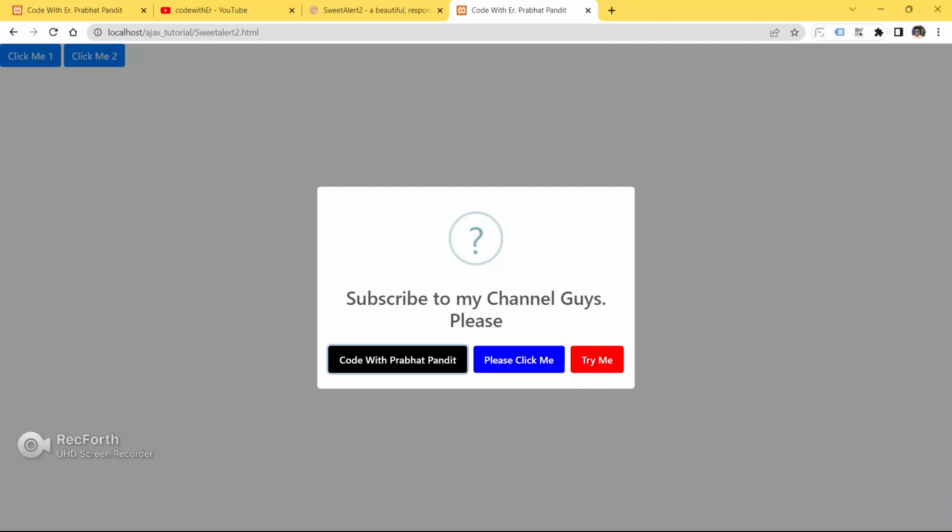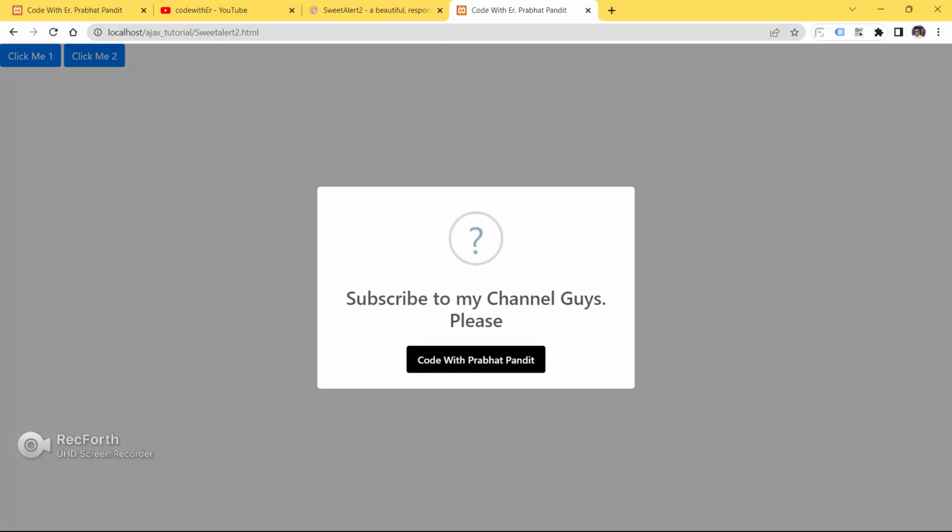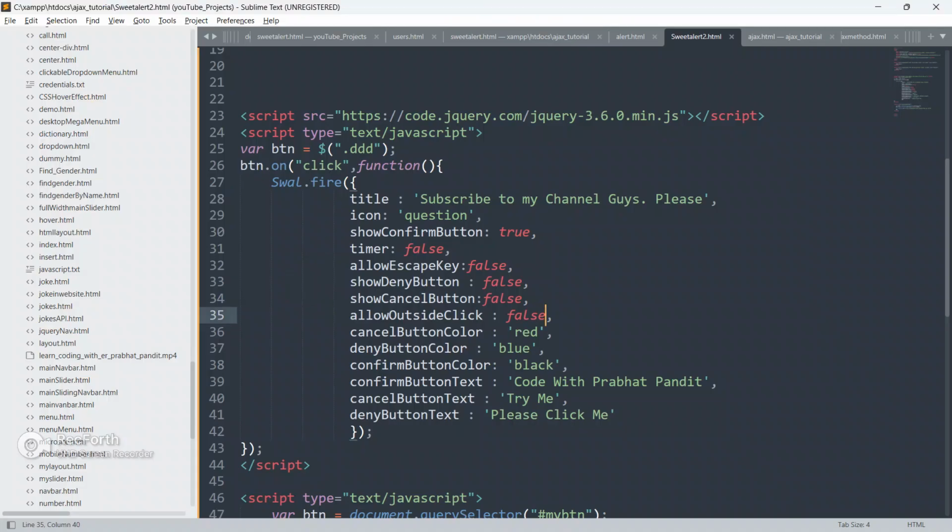See, the button is fully customizable, guys. In short, I want to say this SweetAlert modal is fully customizable and fully functional. You can do anything you want with this modal. As of now, give false to all so that we won't be able to dismiss the modal by clicking outside of it. Save your code, go to the browser and refresh your page. Click on the button too. Nothing is happening. I am clicking outside of this modal, I am pressing the escape key also. Nothing is happening.